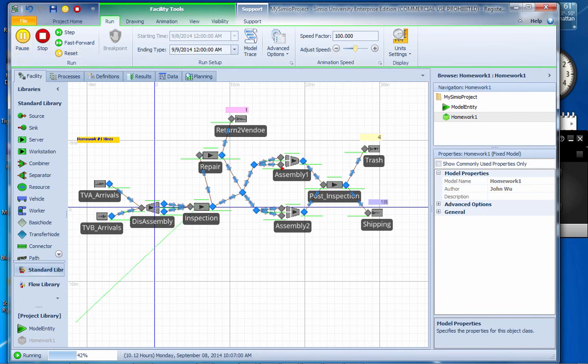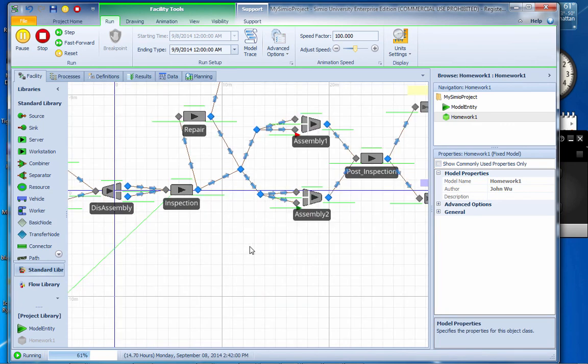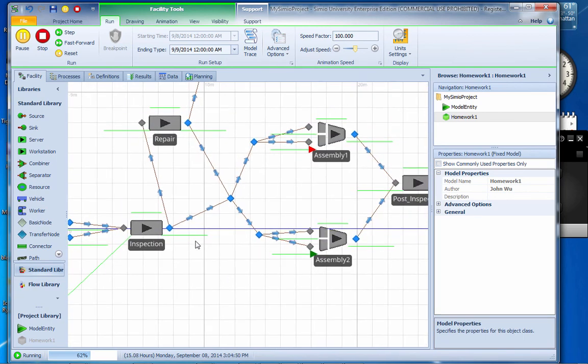Okay, this pretty much concludes our session here, and I'll give you more hints based on this later on, but this is how you construct the basic model. And of course there's a lot of detail missing. You need to figure out how to do that, for example, the inspection processing time, value array, and interchange the flow between assembly 2 and assembly 1. I didn't do this because I want to leave this for your exercise. I'm just giving you an idea of how the homework